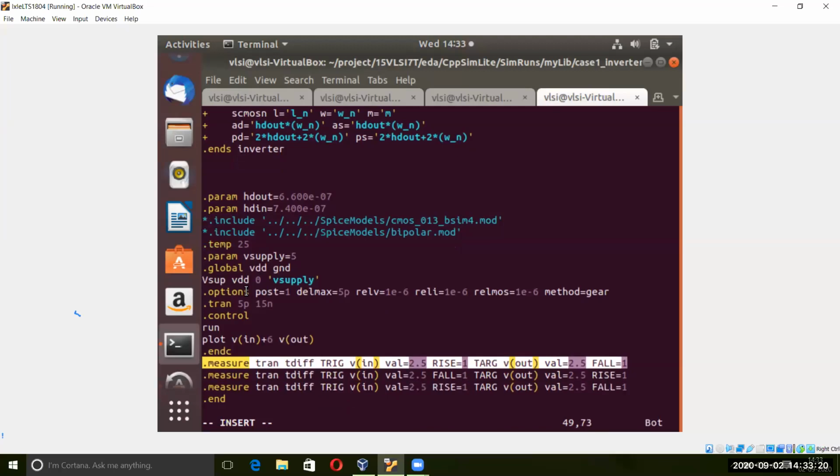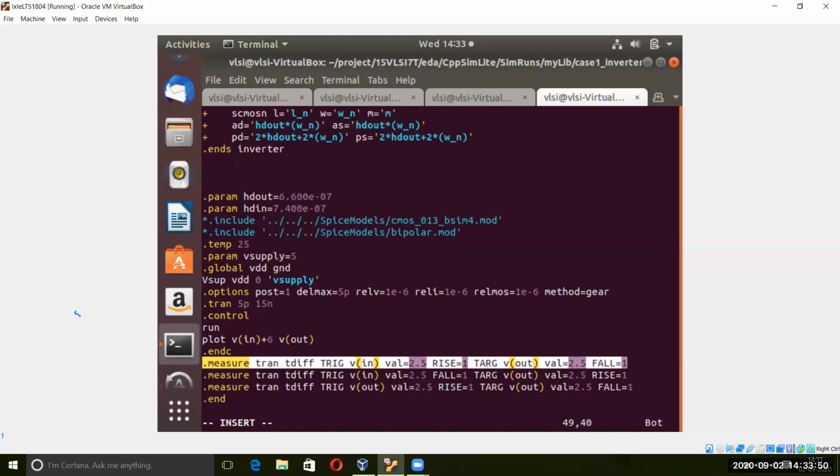Here, for rise or fall time, you will check the output curve only. So here, instead of V in, you can write V out. For rise time, you can put the value from 0.5 to 4.5.